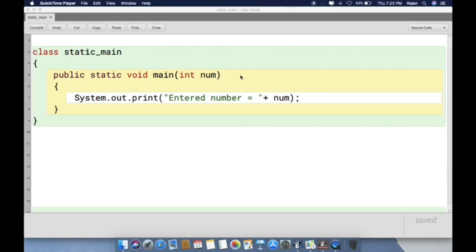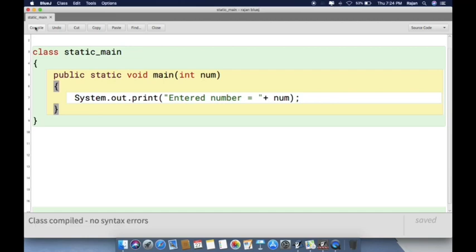Now let's get started with a function which is a static function. Here you can see I have written the name of the class as static main so that it will be easier for you all to understand. The name of the function is public static void main. If you remove static, then it's the same one that we did in the last example. Now over here you can see public static void main, int num. Again, inside the main function parenthesis, we are taking num as an argument. Now let's see what is the difference. The rest of the entire program is the same.